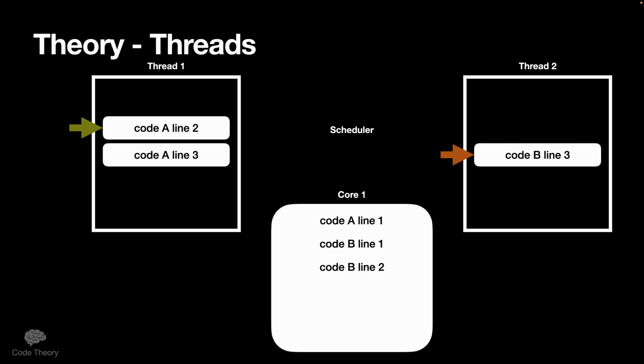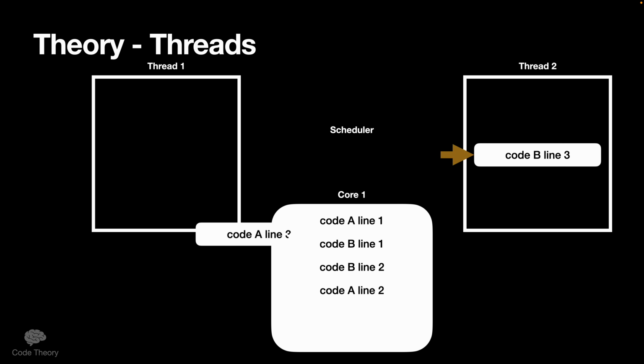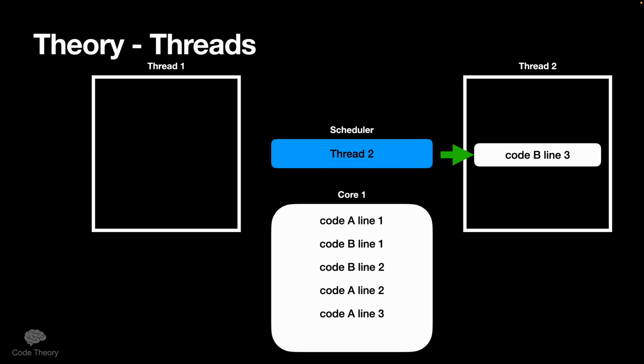Until all of a sudden, once again, something changes, and thread 1 is now the big cheese, okay? So thread 1 is going to go, and it's going to pass its stuff down and run that in the core, and it will finish. Now it doesn't have any more work to do, which means thread 2 gets to finish what it was doing. And because there are no other threads in this beautiful, amazing, sanitized world that we've created,